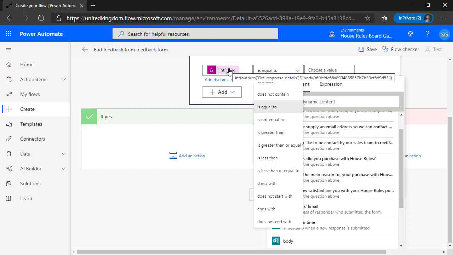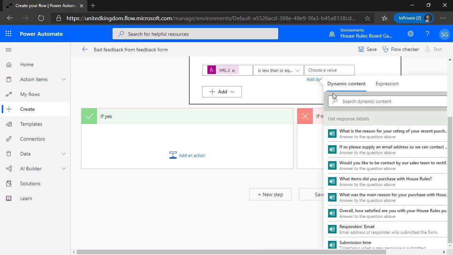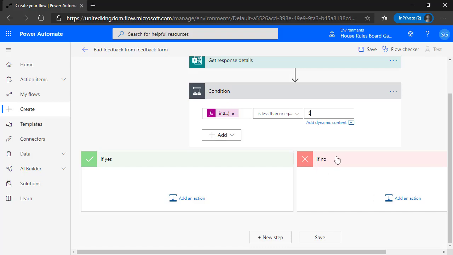So what I'm essentially doing is I want the value from the response, which was 1 to 10, and if that is less than or equal to 5, I want to receive a notification in Teams. So that is going to come down to the yes option. When this value is a true value, I want it to perform a number of different actions. However, when it's going to no, so if I'm receiving a feedback response and it's above 5,